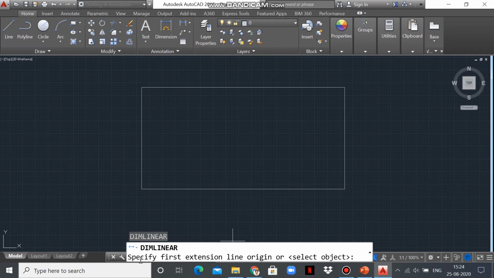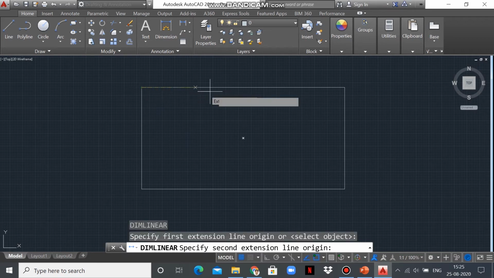Here we can see specify first extension line origin or select object. So now I'm going to select the object. I'm going to measure this side from here to here.